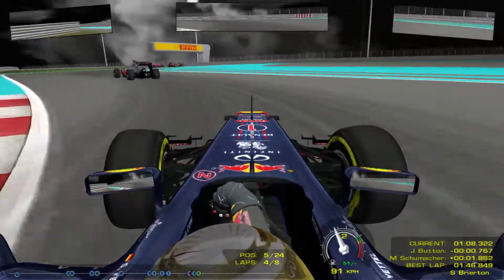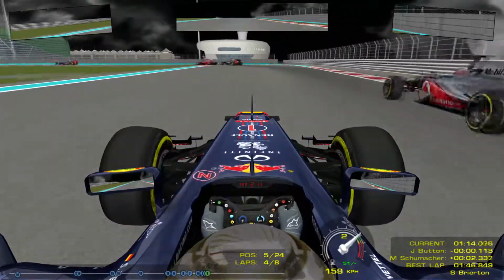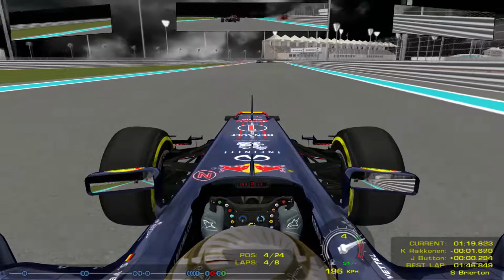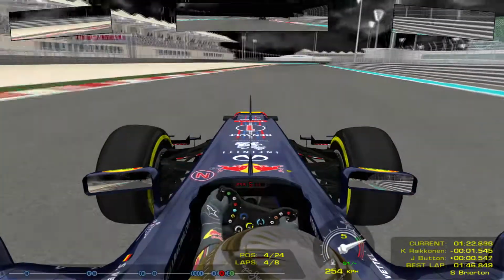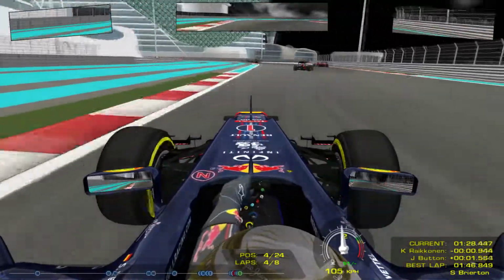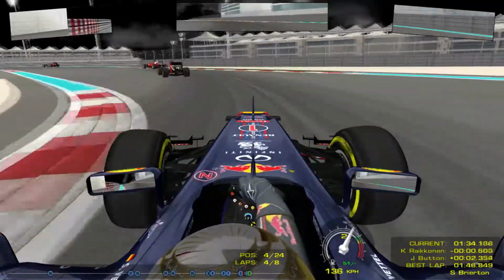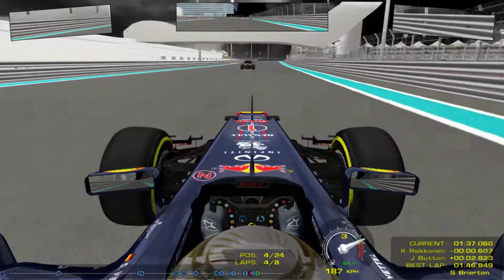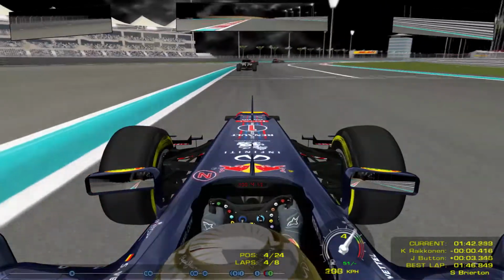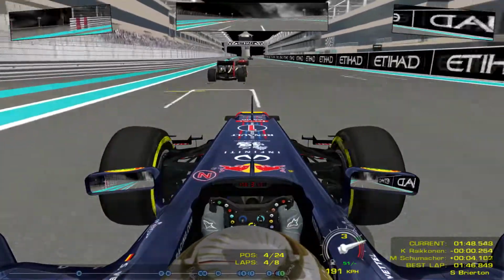Now, Jenson Button is my next target. As we get past, again, another driver who's lost their front wing. The AI have just got no self-awareness, have they? Anyway, we're all over the back of Kimi Raikkonen now, who's chasing down, I think, either Fernando Alonso or